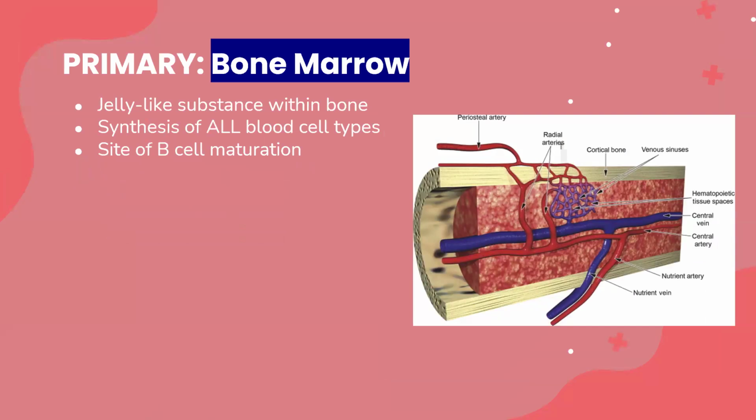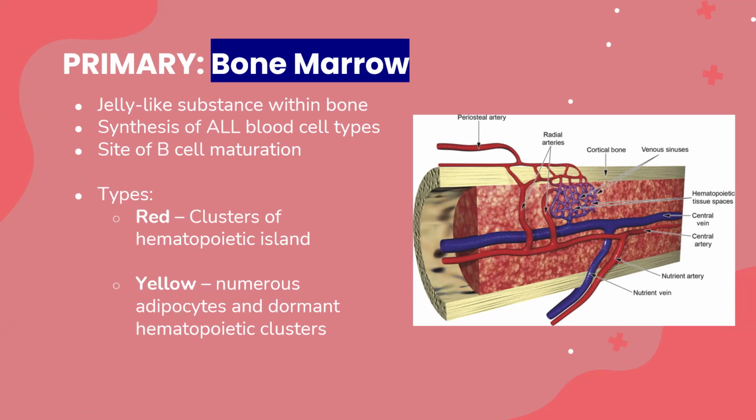So the first of them, we have the bone marrow, and it is a jelly-like substance within the bone. Okay? This is where synthesis of all the blood cell types happens, and it is also the site of B cell maturation. Okay? So please note that in the bone marrow, the B and the T cells grow from there. Okay, they're produced there. However, B cells are called B cells because they mature in the bone marrow. But the T cells, they do not mature here. Okay,